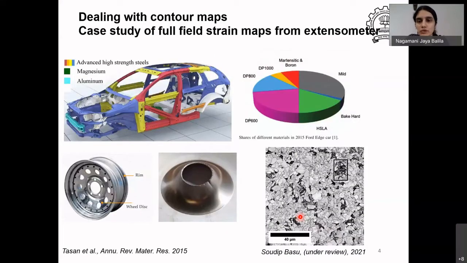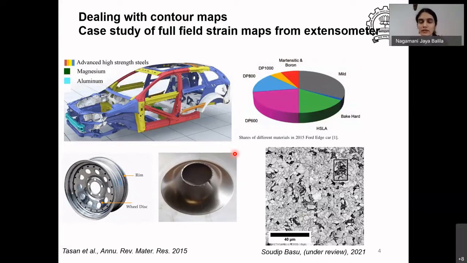So I will go through a case study of what material we are looking at and then come back to the results. So we are looking at what are called dual phase steels. For layman purposes, steels are iron carbon alloys, primarily iron. And there are two phases in the particular material. One phase has a slightly higher carbon percentage and one phase has a lower carbon percentage. The phase which has a higher carbon percentage also has a higher hardness, which means it's difficult to deform it. Whereas the one which has lower carbon has a lower hardness. That means it's easy to deform it plastically.